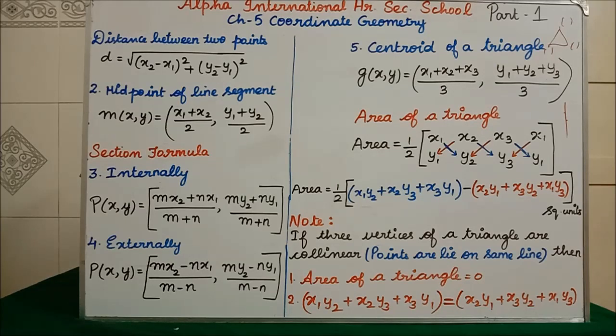Students, Coordinate Geometry is nothing but analytical geometry. Analytical geometry is also a branch of mathematics, and we are going to analyze mathematics with algebraic expressions and equations. Algebraic expressions and equations means what? x square plus y square equal to 1, ax plus by plus c equal to 0. These are the algebraic expressions and equations, isn't it?